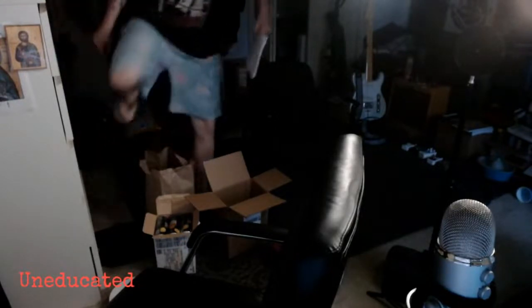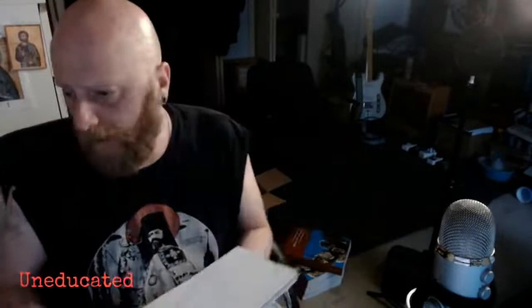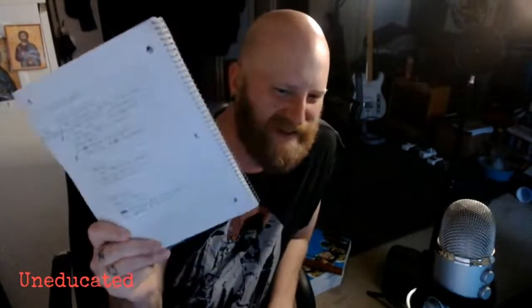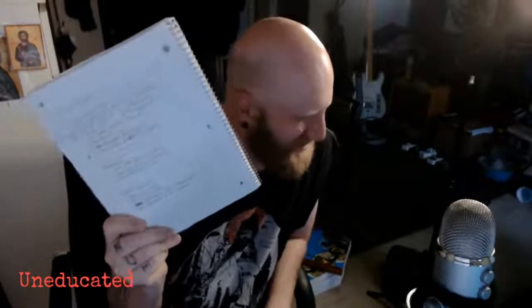Notebook in hand. Big ups to Andre Riot for bringing my notebook back. So anyway, where were we? All right, so this is the kind of stuff, like breaking down different pedals for this guy. It's my idea of a good time, folks. That's what I do for fun when I'm not doing the other thing that I do for fun. Anyway,